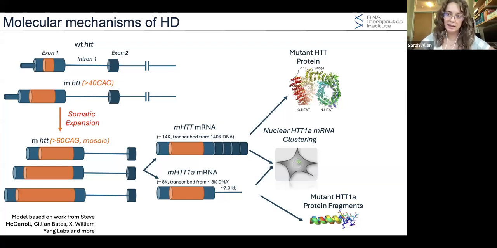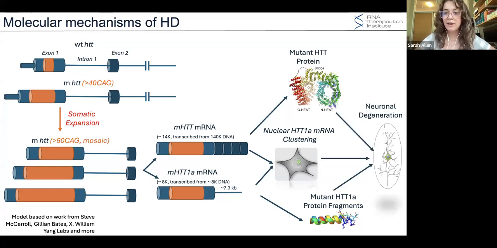This is interesting for the HTT1A transcript, as this transcript is polyadenylated and exported from the nucleus in a way that one might not expect from this alternative transcript. But both transcripts form proteins and then form protein aggregates. And generally, it's thought that a combination of these different proteins and these mRNA clusters leads to neurodegeneration down the line, though the exact mechanisms which govern the toxicity of Huntingtin are not exactly known or well characterized quite yet.